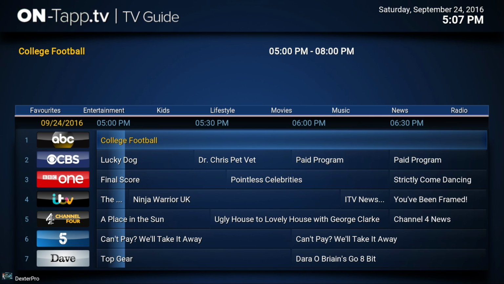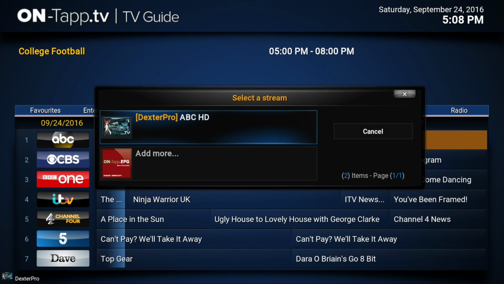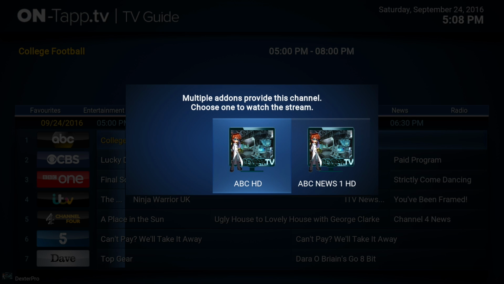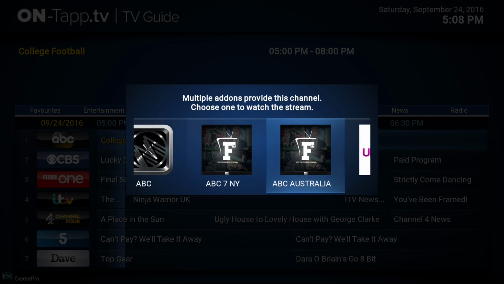the guide loads itself up again. So now I'll go back and click on ABC, which before, remember, we just used to just play the channel. Now it brings up that window. So now I can actually link more sources to that channel just by clicking on it. So if I click add more, it brings up this window again. So now I could use